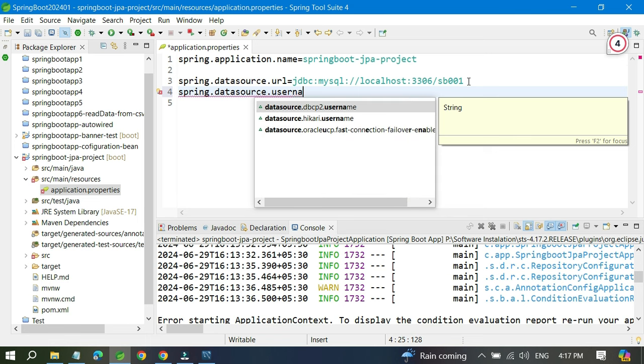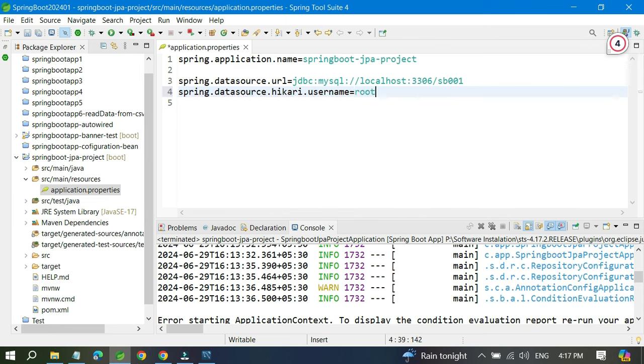It's saying datasource.hikari.username. Why is it adding hikari again? And then you can give root,